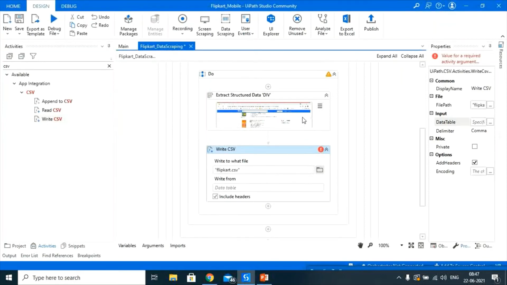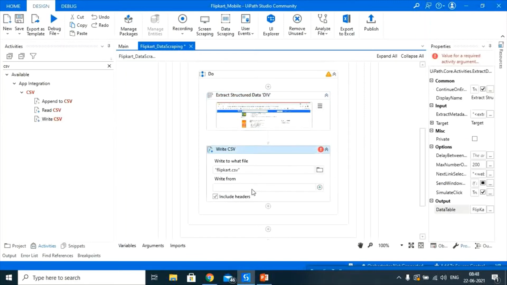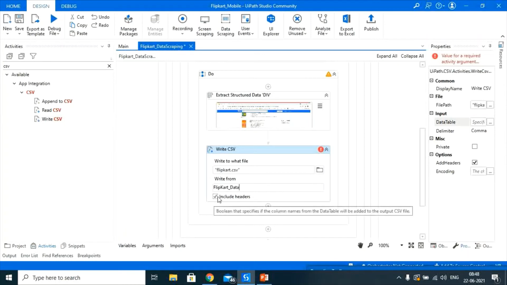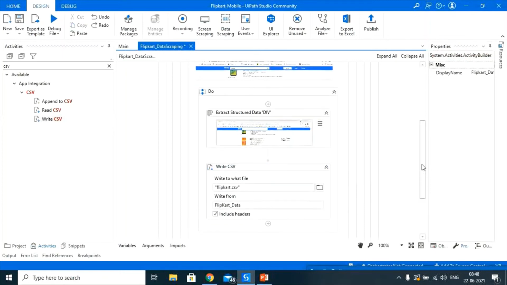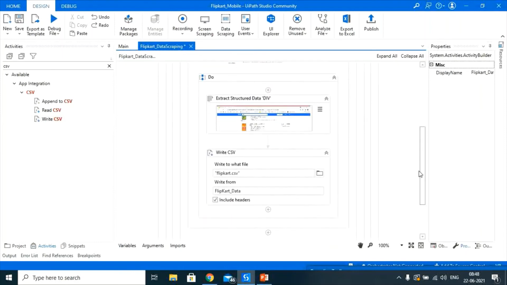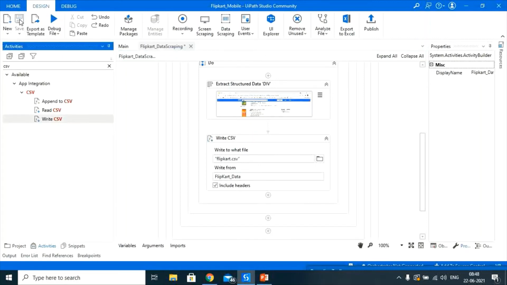Now, since the data is stored here in the data table called Flipkart, we need to pass that data table. To pass the data table, just hit on Flipkart here, so that the data table will appear. In the same way you can include the headers also. So this is it, guys. Since there are no errors here; if errors are there, you will get an icon which indicates that there is some problem in the statement. Understood? Now let's save this and run it.